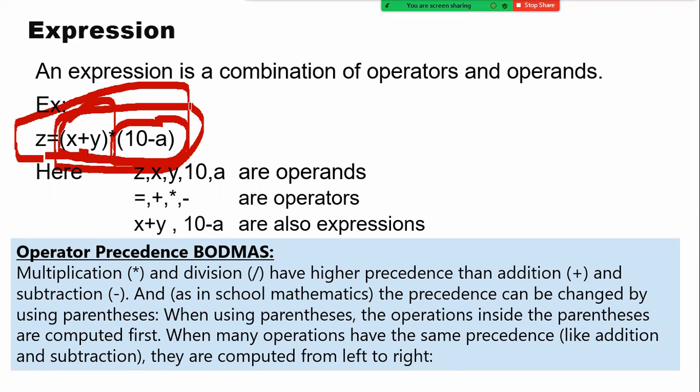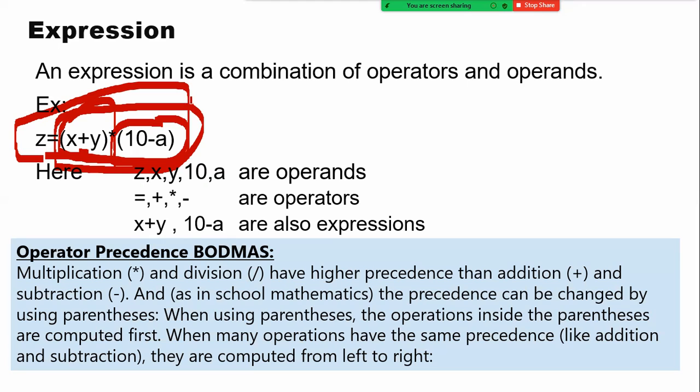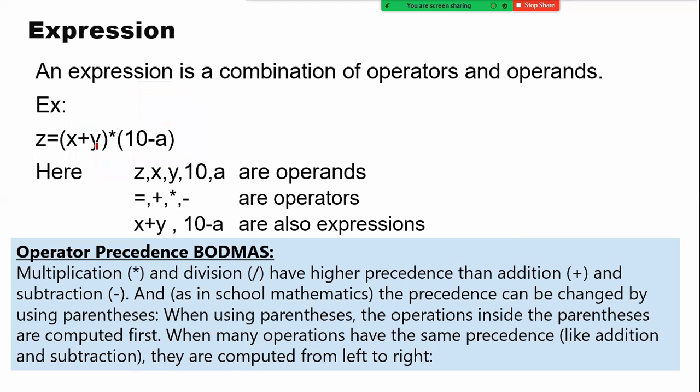Okay. Now, when we talk about expressions, we said an expression is a combination of operators and operands. That means there will be multiple operators as well as multiple operands. Operands are nothing but variables, or they may be constants. So for example, x, y and 10 are the operands for me. Plus and minus are operators, and slash is there too. This multiplication is also called an operator.